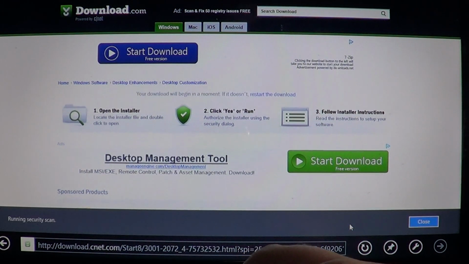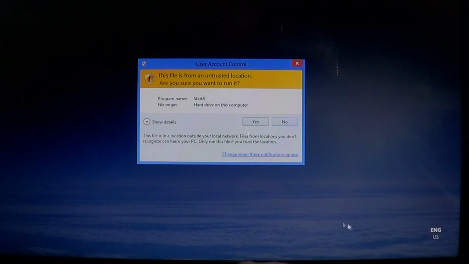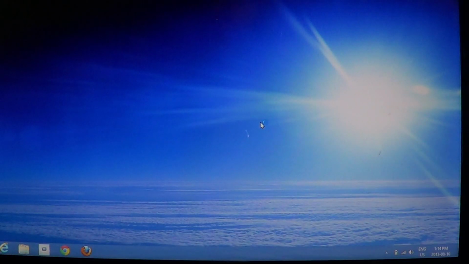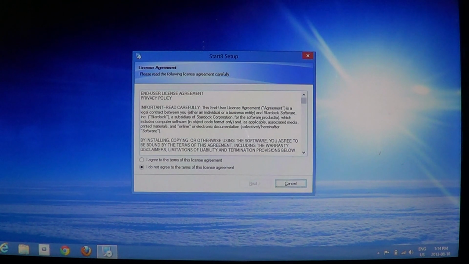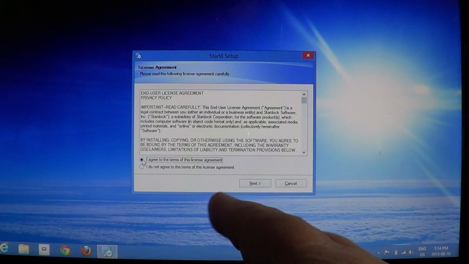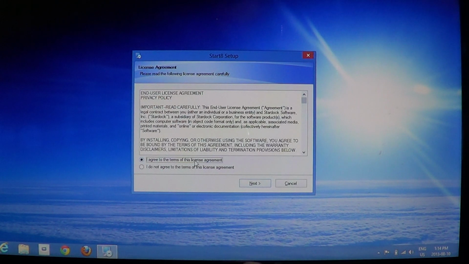Be careful when you download from CNET. Lots of little programs want to install at the same time, very often on the CNET download site. Unfortunately, they've started giving us lots of crapware when we download stuff, so be careful about what they're asking to install. So here we agree to the Start 8 setup,